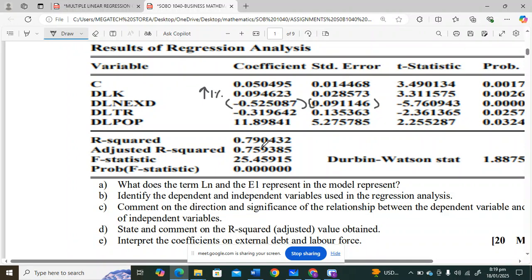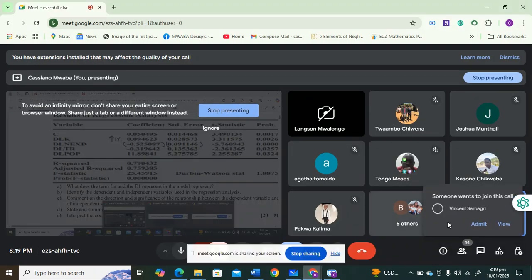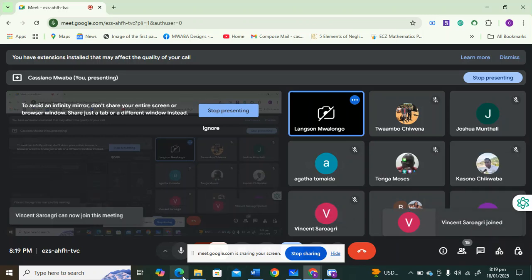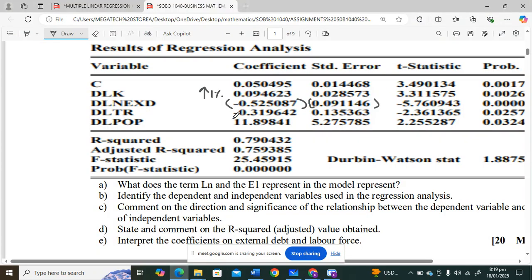Then for labor force, if the labor force increases by 1%, GDP is going to increase by 11.89%. Because it's positive, they're moving in the same direction. So if labor force increases by 1 unit or 1%, GDP will increase by